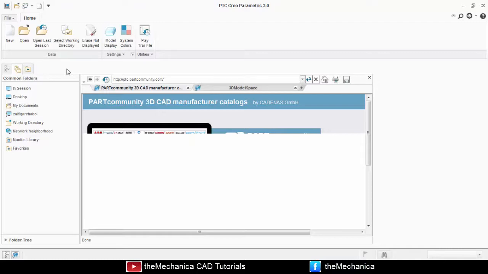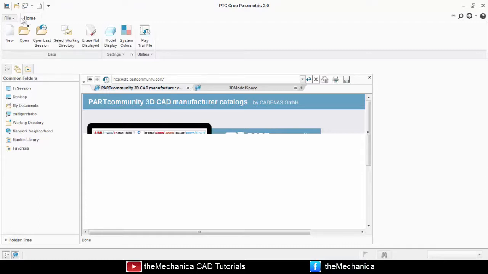What happens is, every time you save, there is a second copy of your part. You can go back to a previous version of your part. You can revise it. So most of your work is saved. You can delete those as well, but Creo stores it for you. So first of all, what you would do,